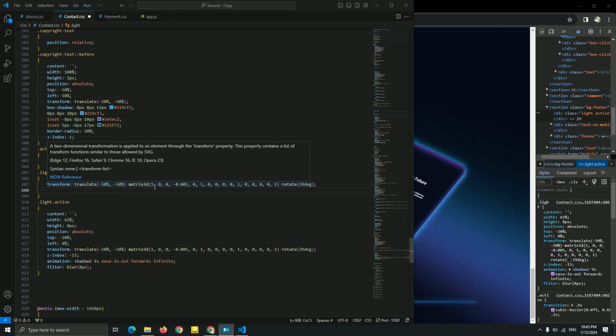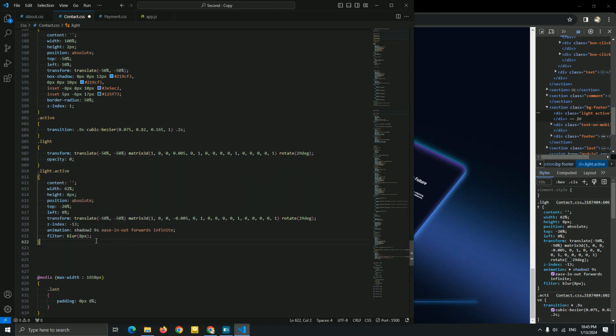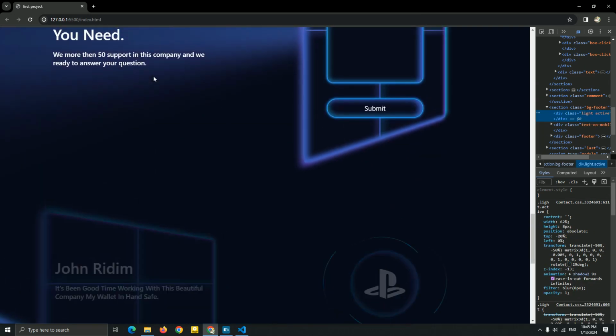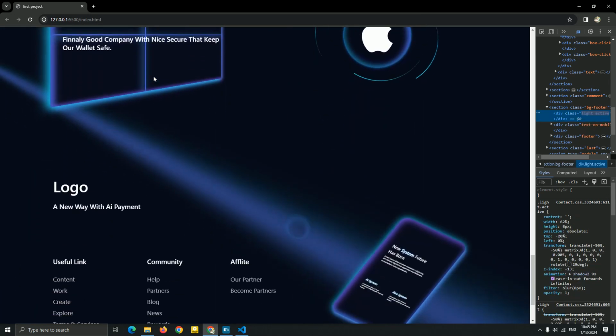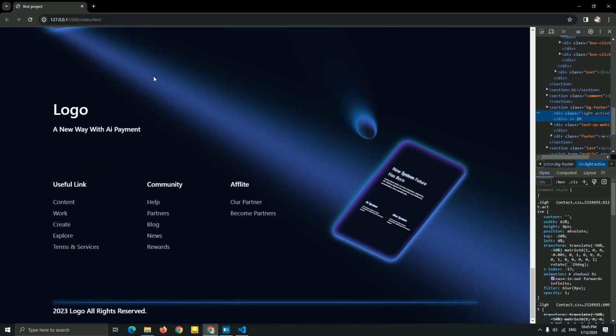But I'm going to reduce this matrix3d right now. I'm going to add this for the matrix3d of the light, and add opacity 0, and for this add opacity 1. So for example, you can see what we just created, guys, but it's too fast, I think.